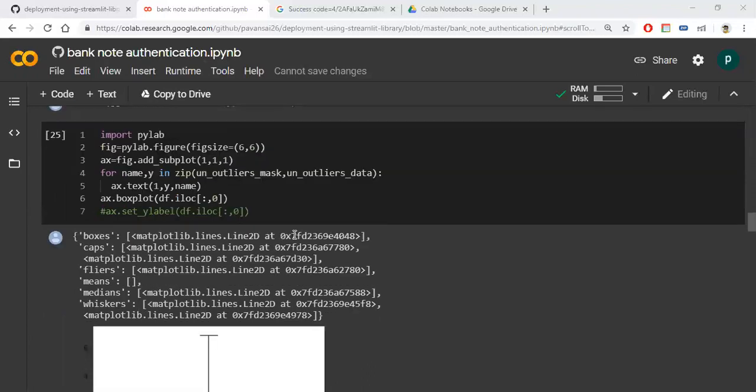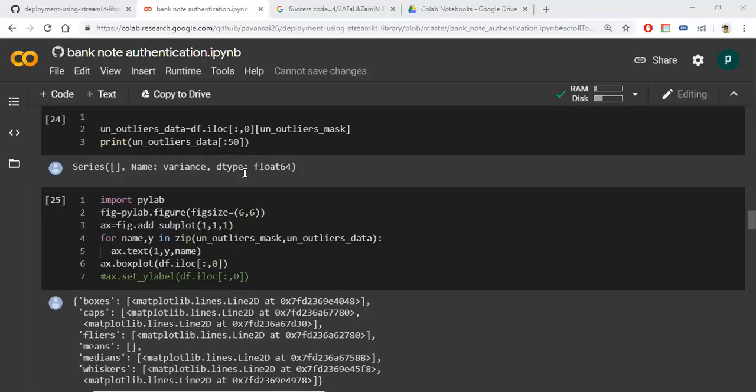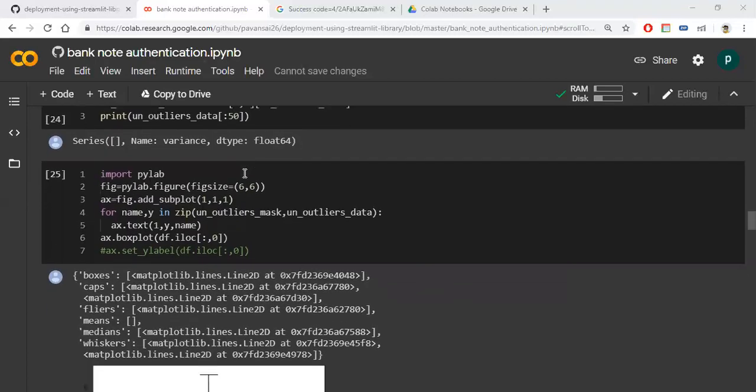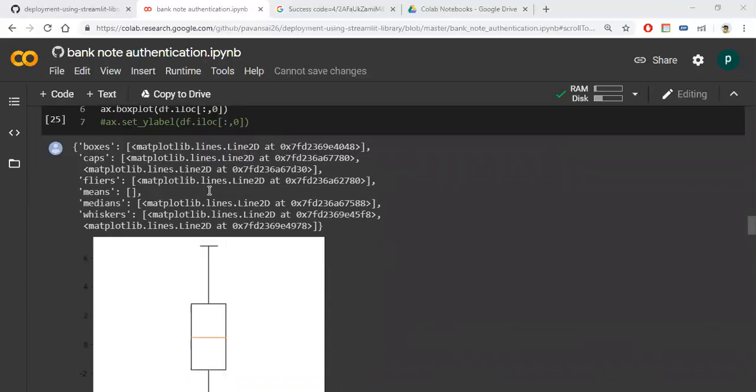So I am drawing a box plot for visualization of quantiles. This is the figure. I am using the Pylab library and adding only one figure, that's why I am giving 1, 1, 1. I am masking the outlier data, zipping, and drawing a box plot.